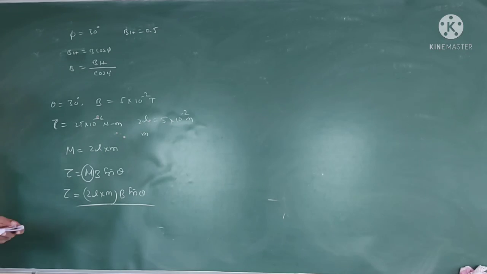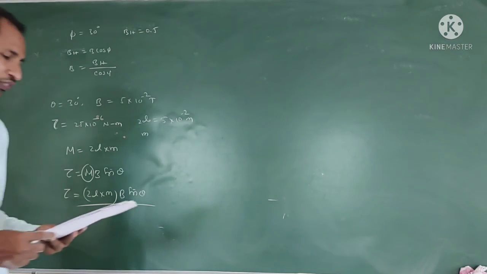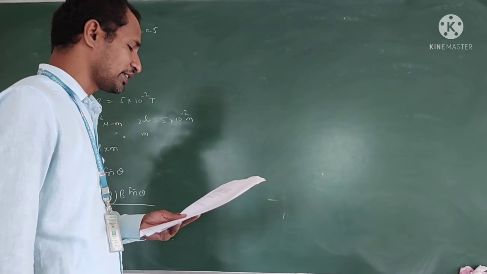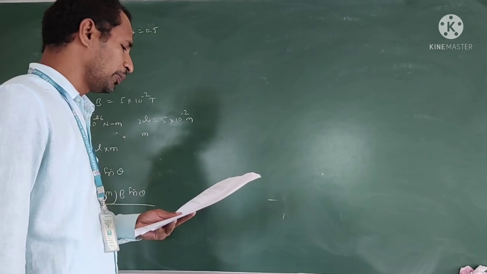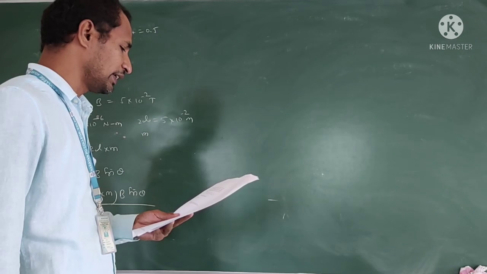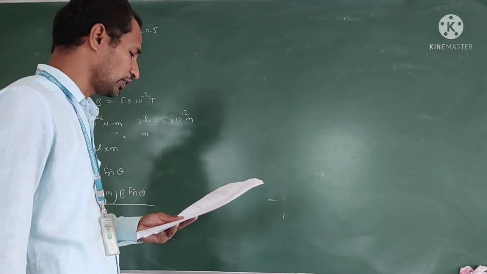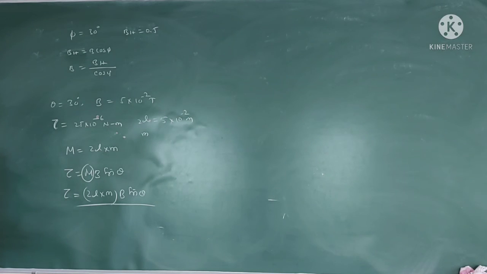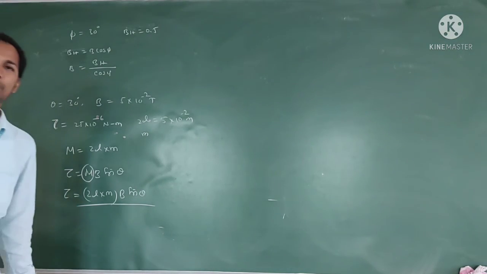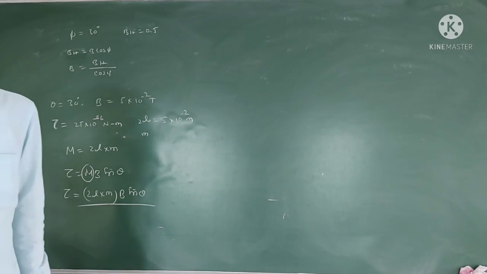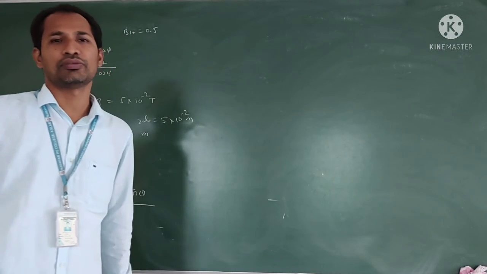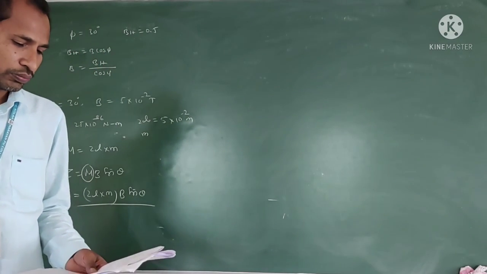Next, last problem. Two identical bar magnets are fixed with their centers at a distance d apart. A stationary charge q is placed at P between the gap of the two magnets, at distance d from the center O, as shown in the figure. What happened? The charge particle is at rest, so it does not experience any force. The force experienced by the charge particle formula is F is equal to qvB sin theta. It is at rest, v is 0, so the force is 0. Clear?